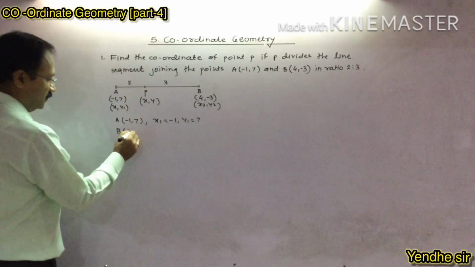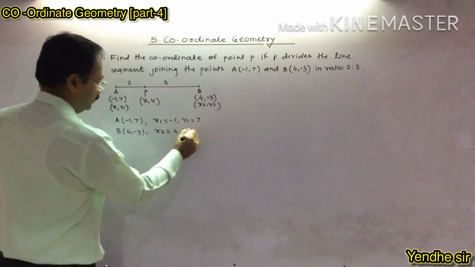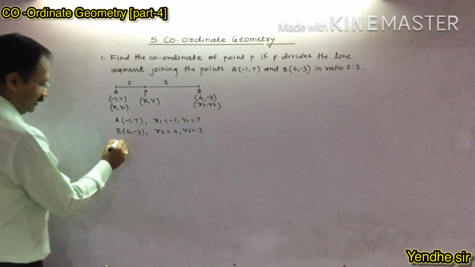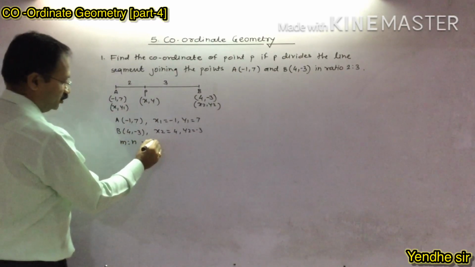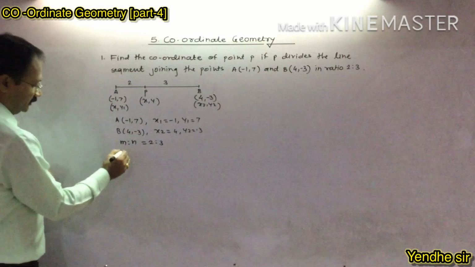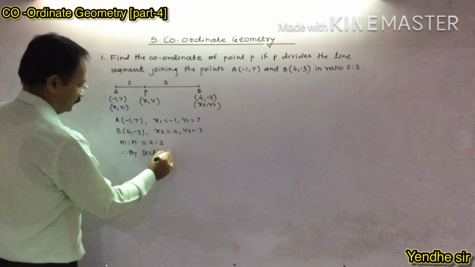B 4, minus 3: x2 equals 4, y2 equals minus 3. Then m:n is given as 2:3. Therefore, by section formula,